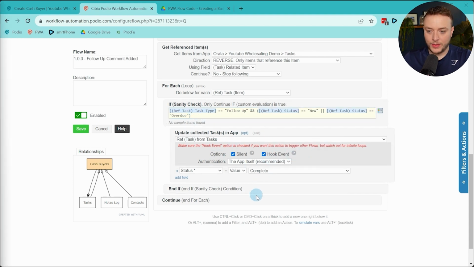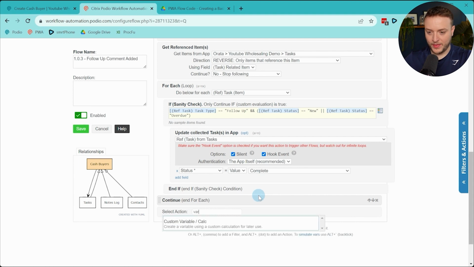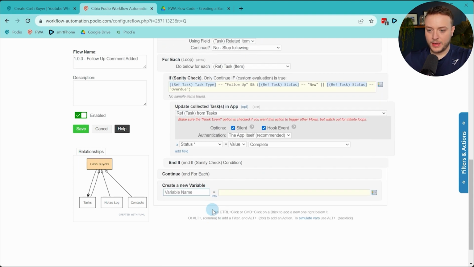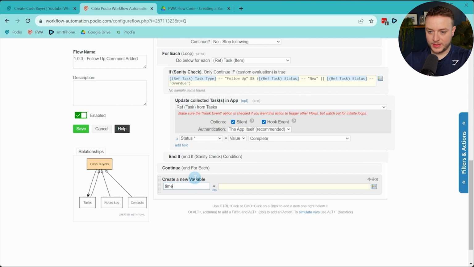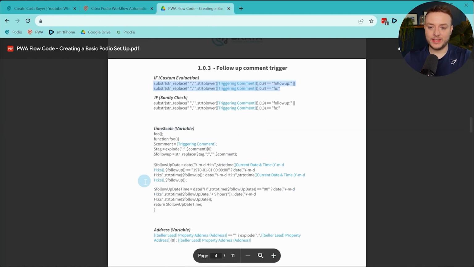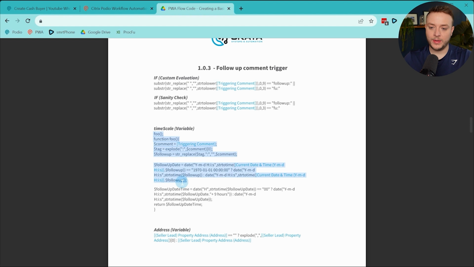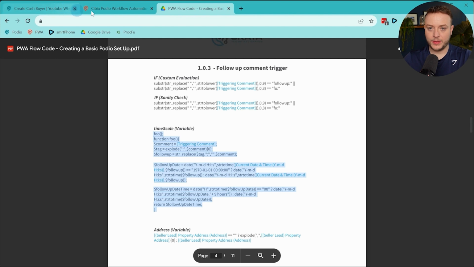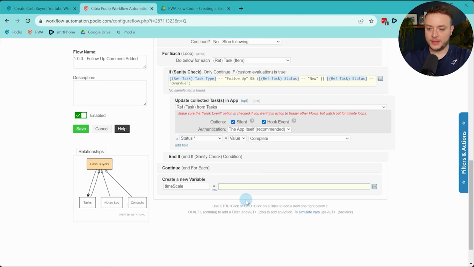Great. So once we've done that, we need another variable. And then I'm going to call this time scale. So for those that don't have the cheat sheet, I have a little bit of bad news, and that is simply that I don't have an easier way to do this for you. It's a lot of code. We're going to get this one right here. So start at foo, copy it right down to here,